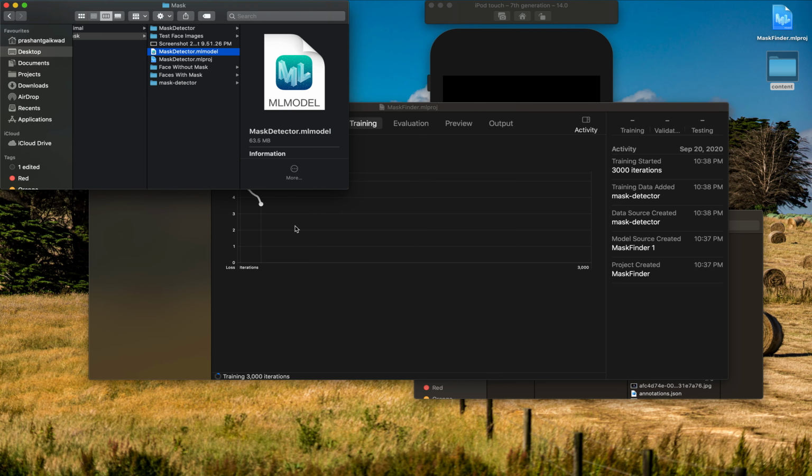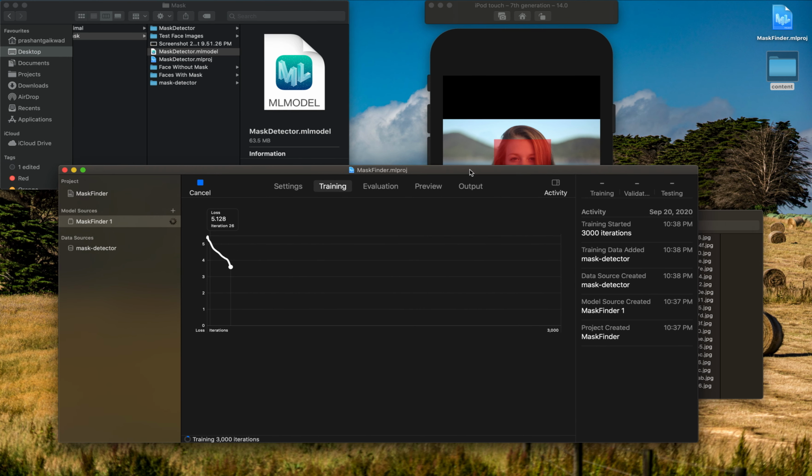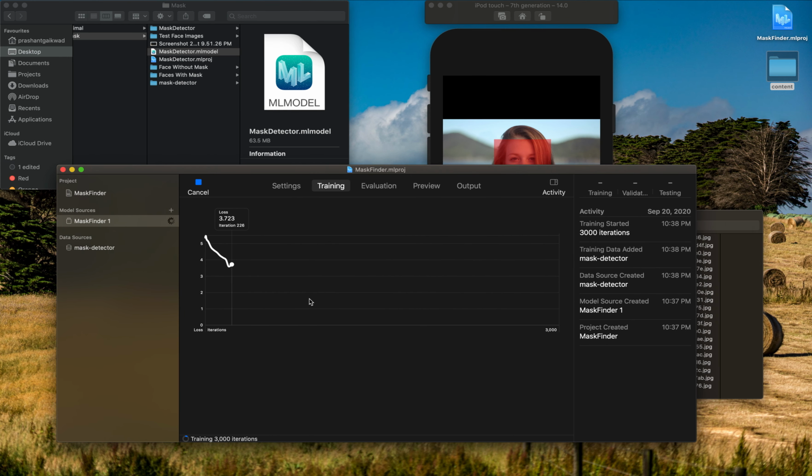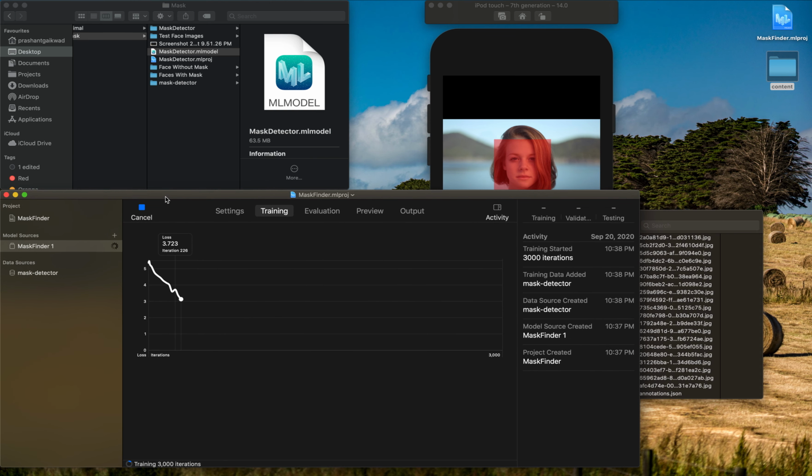Currently my machine is making too much noise because it is processing this data, and also I'm recording this screen, so that's why it is giving so much sound. But yeah, we can still work. Let's see, I hope it will not crash my recording.